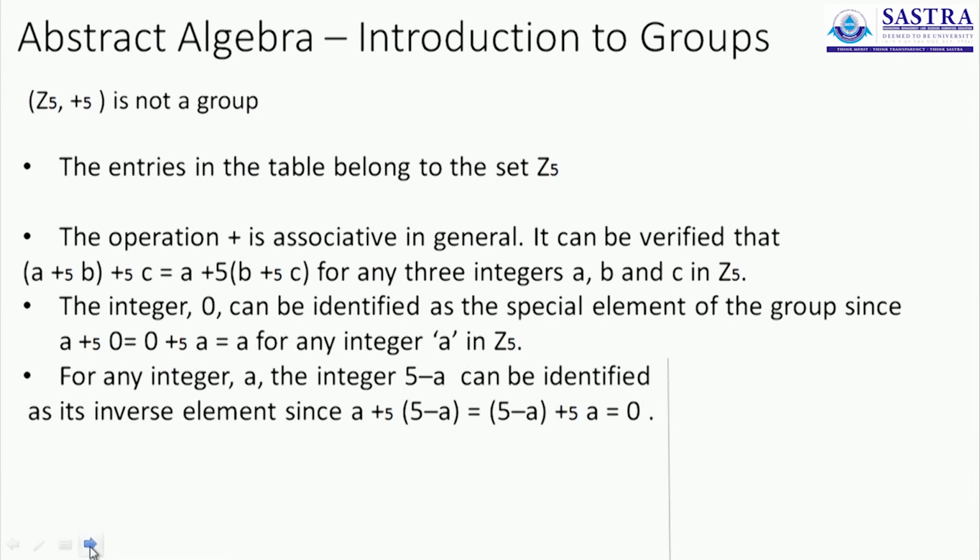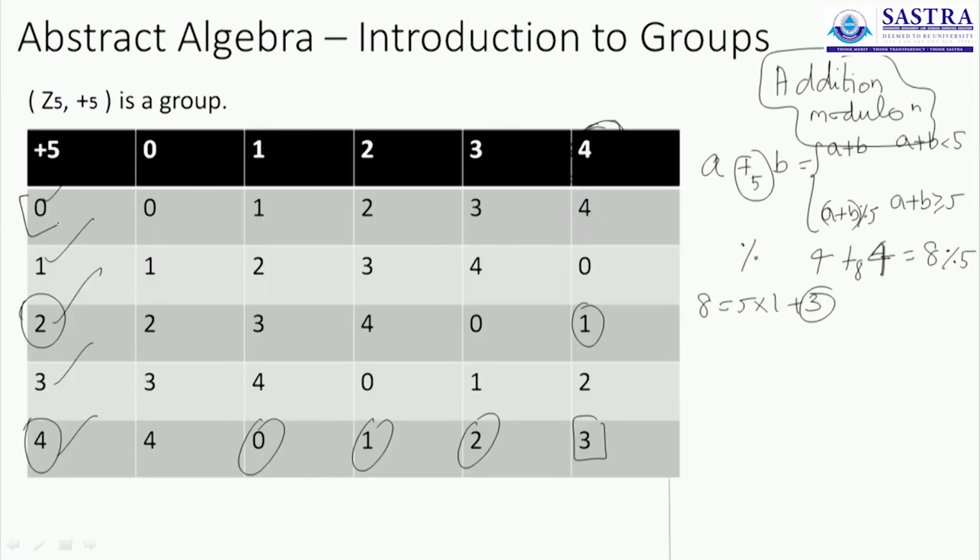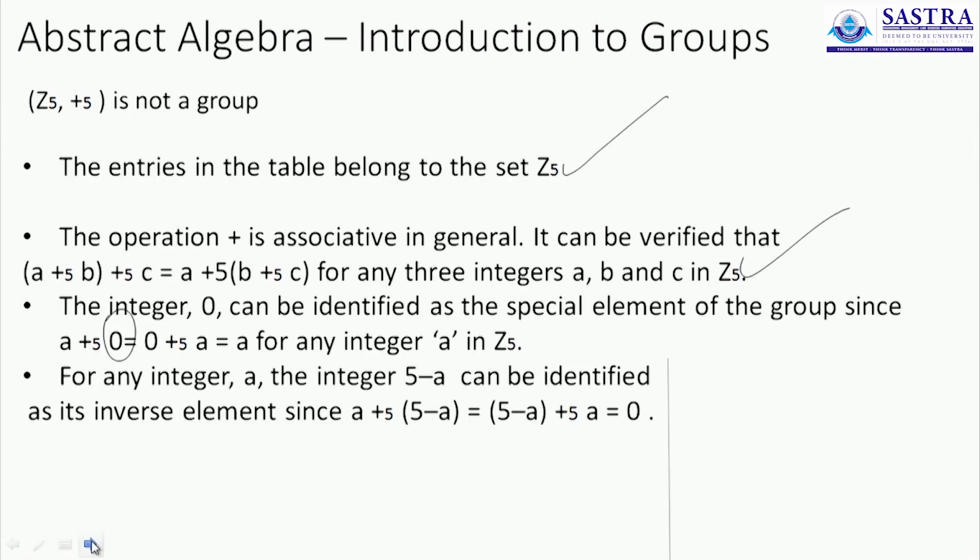Now we will see the justification that this system actually forms a group. Number 1, the system satisfies the closure property. You add any two elements and the result is always within the set. And number 2, addition, as in any addition, is associative, so the operation is associative. And since we are still doing only addition, the identity element here will only be 0, and 0 is always part of the set.